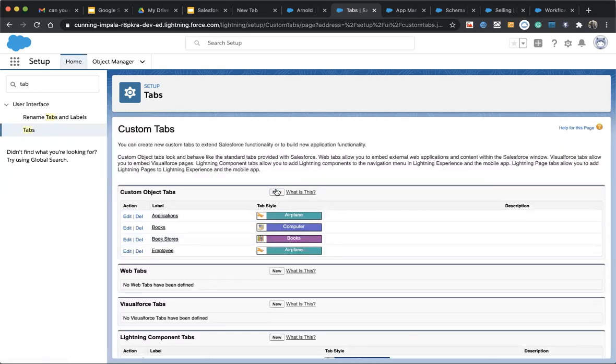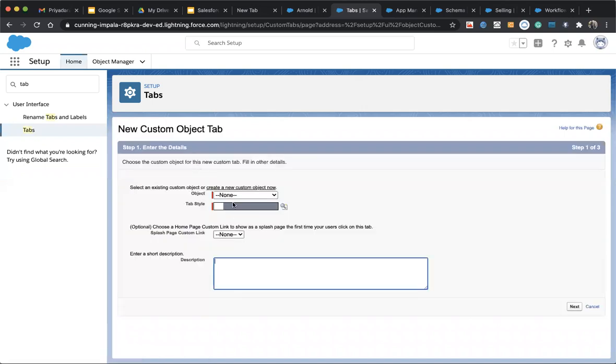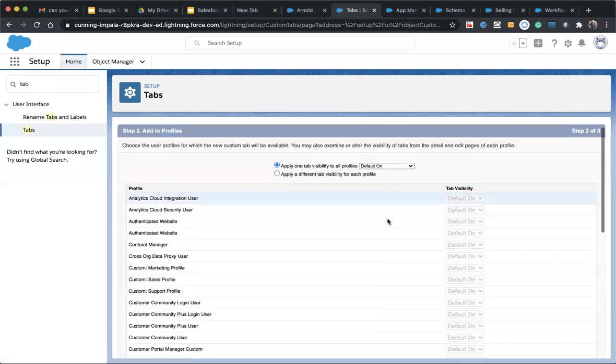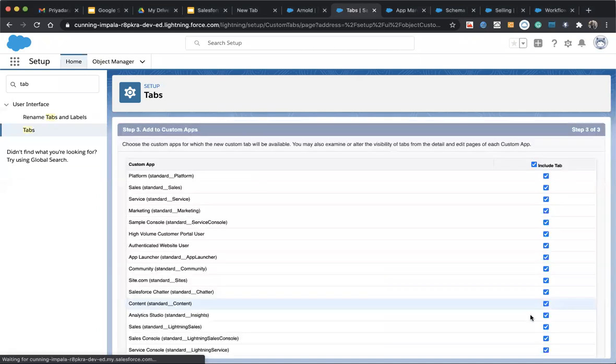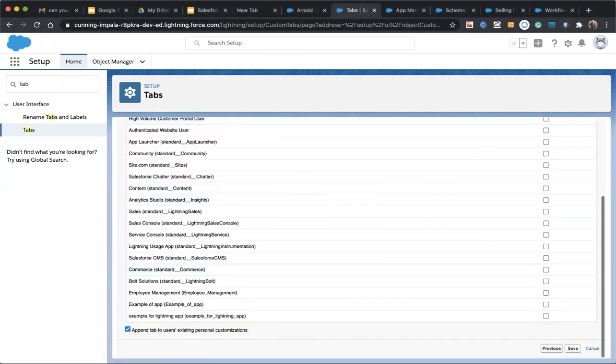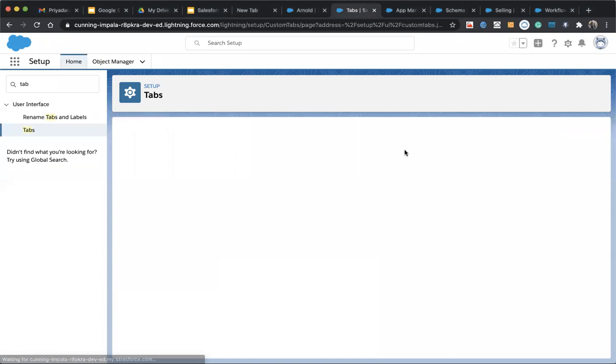And then we also have selling. It's just a tab style, nothing else, so don't get confused by it. And then save.